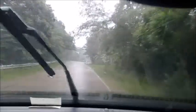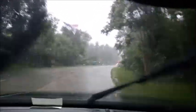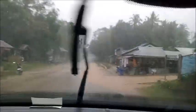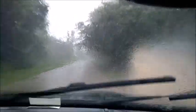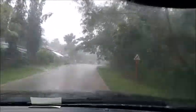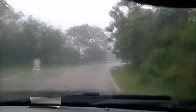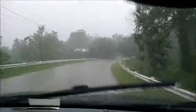I think I will put my headlights on. Definitely don't want to have your windows open now. Of course, when you're driving in real extreme conditions like this,